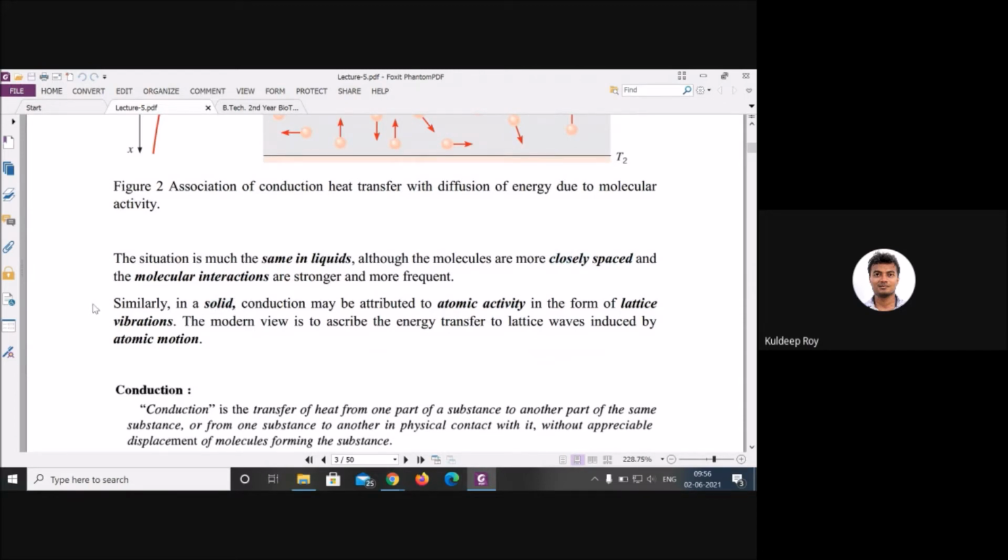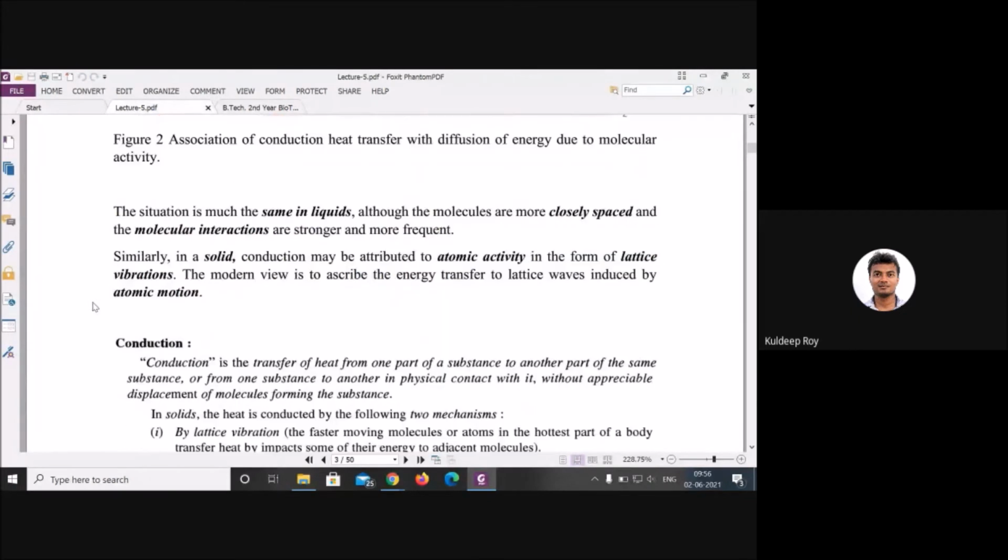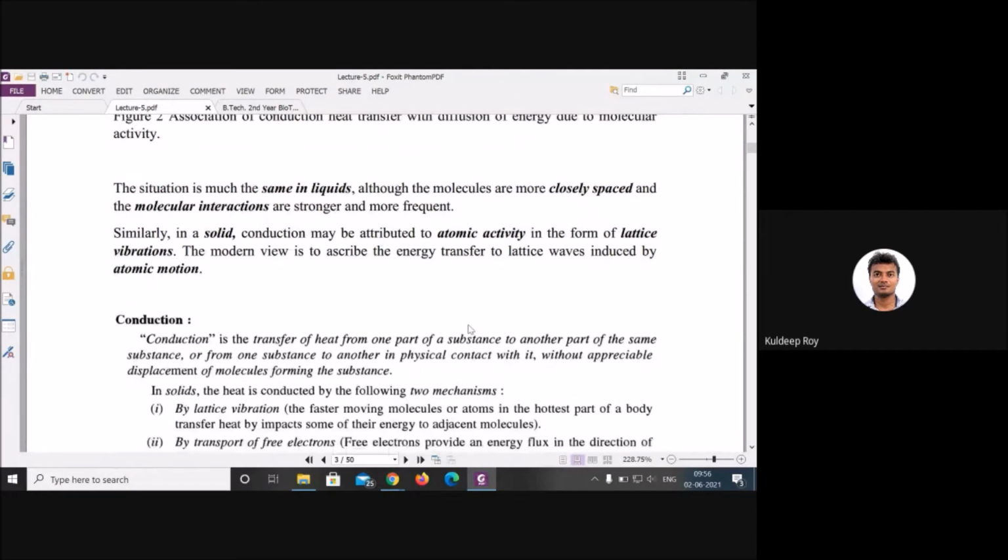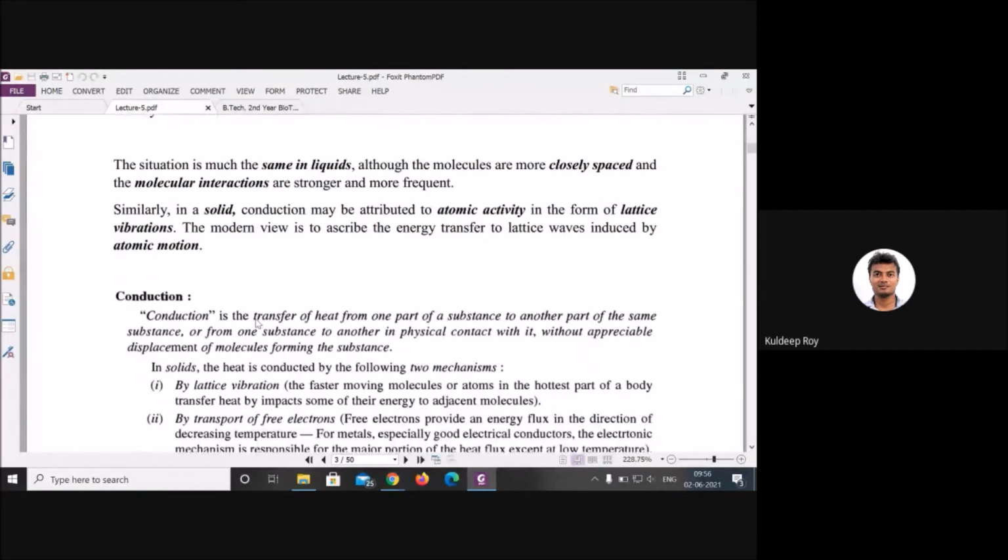But in a solid there are two to three additional phenomena. In the solid, conduction may be attributed to atomic activity in the presence of lattice vibration. What does lattice vibration mean? The modern view is to ascribe the heat transfer to the lattice waves induced by atomic motion. For the solid there are two more mechanisms. One is that if you have some kind of plate,